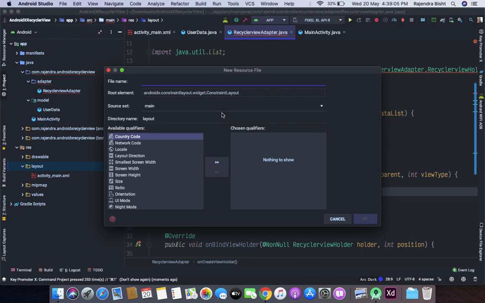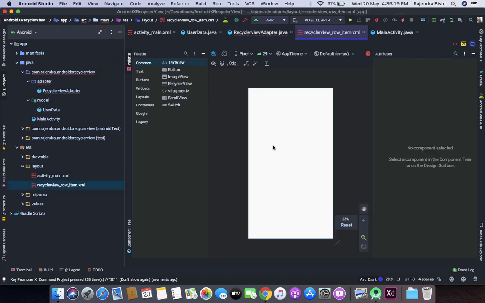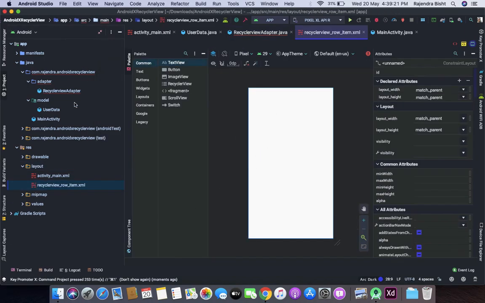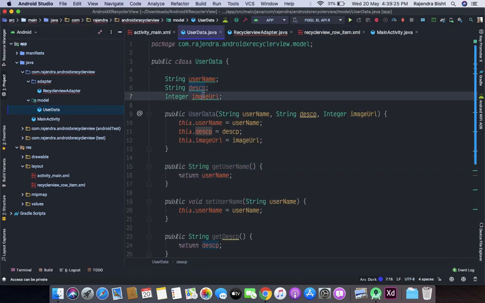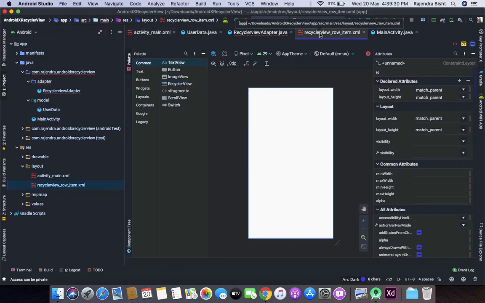Let's say recycler view row item. So we have username, description, and the third one is image. So we will design this layout file accordingly.